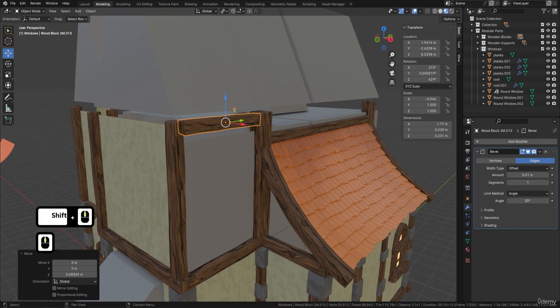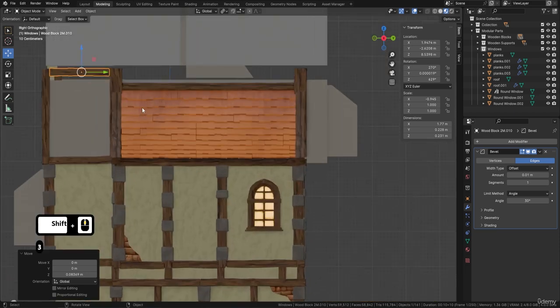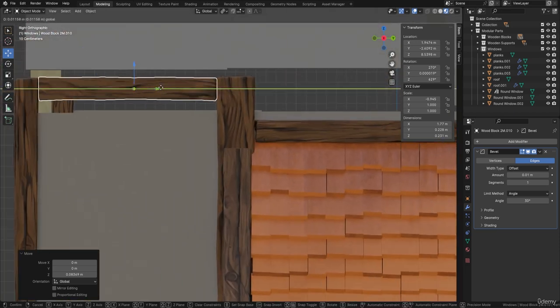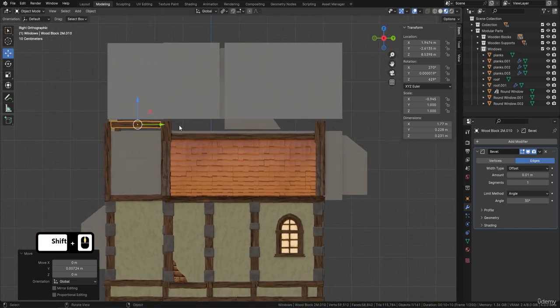And then what I'll do is I'll bring another one of these. Let's press 3 and just see how much the gap is there. Yeah, the gap seems fine there actually. Let's bring it over just a tad like so. And then what we want now is one going across here and then a little bit on here. So let's